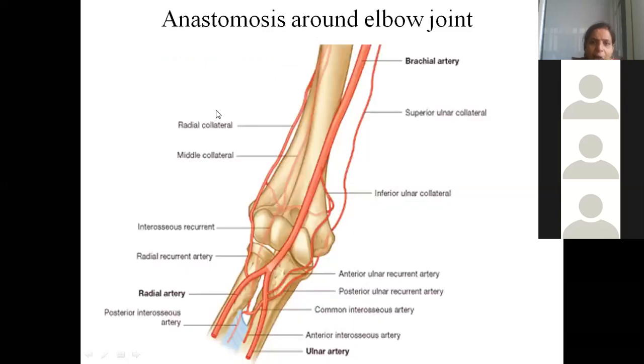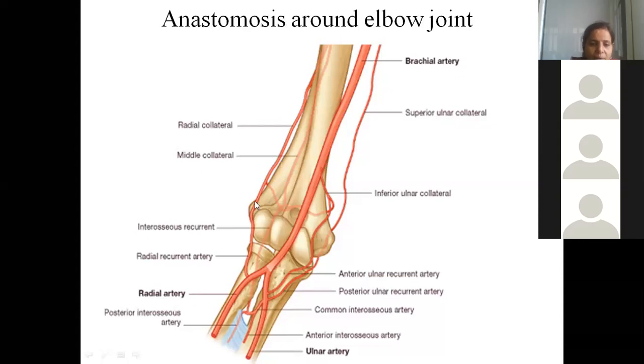Now let us see the anastomosis around the elbow joint. This itself can come as a short note or a very short note. First of all, we should identify which is the medial part and which is the lateral part. So see here, this is the medial epicondyle. You have the trochlea and capitulum. Our easy way is ulna is the medial bone, radius is the lateral bone. Now we know this is the brachial artery. Now coming to the anastomosis, we have two arteries in front of the medial epicondyle, and two arteries behind the medial epicondyle.